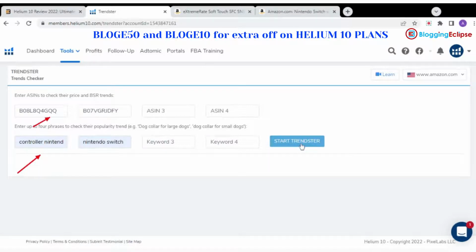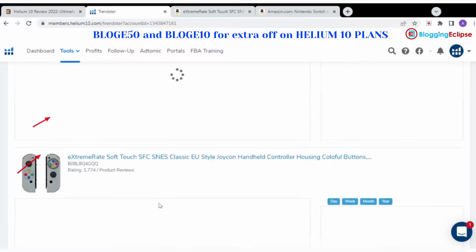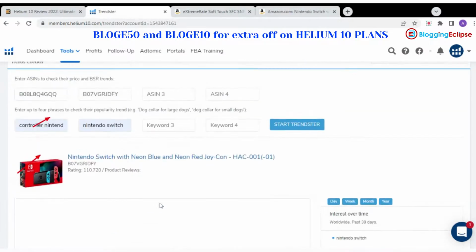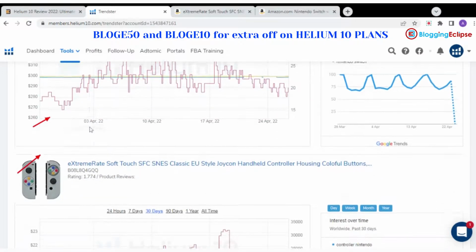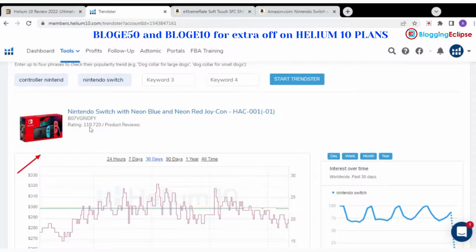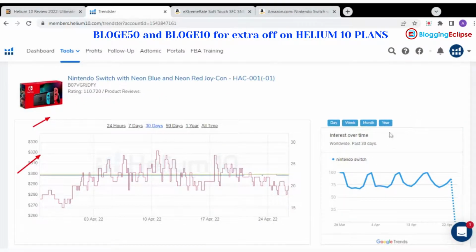The graph shows us different things: the new prices, list prices, the sales rank, and much more. You can see the interest over time, since we are looking at the interest part of this tool, how Helium 10 works and what the trends are. The interest over time has been a kind of zigzag.